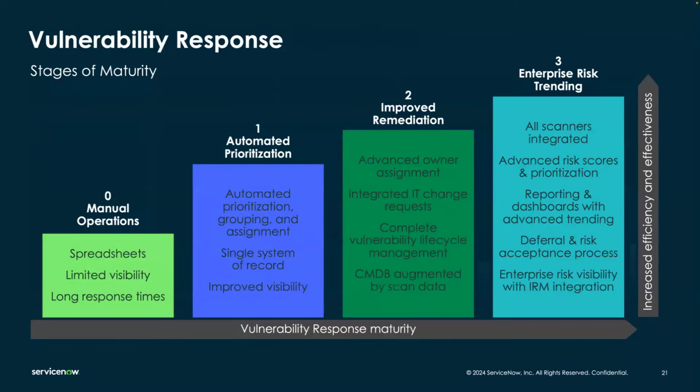So this is giving you an understanding of maturity of vulnerability response as a program as a whole. Not necessarily, this is an industry slide, not necessarily ServiceNow specific, but what you're looking at doing as you're getting started is moving out of that maturity level 0 where everything is manual, having the spreadsheets that you're exporting out of your scanner being emailed over to your remediation owners or to those players that are plugging in on a security incident. You're losing the visibility across the team of what's happening when you go in that type of a